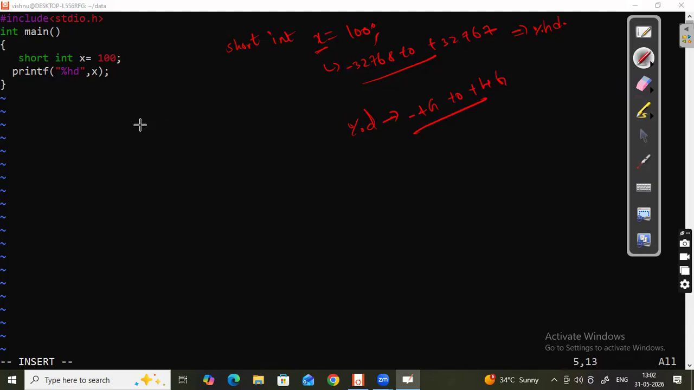Okay. Now see here, whenever you are taking x equal to 100 and printing with percentage hd format, percentage hd is a signed short integer, and it can print this 100 or not? Means in percentage hd, in this range, is this 100 existing or not? Existing. That's why the 100 can be printed. And one more thing,